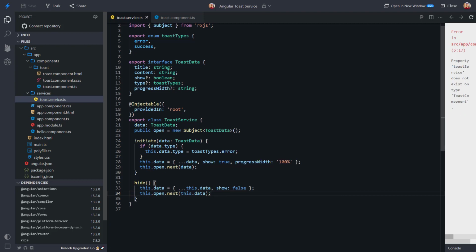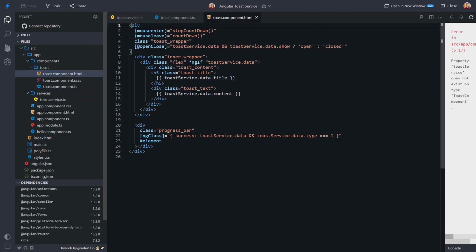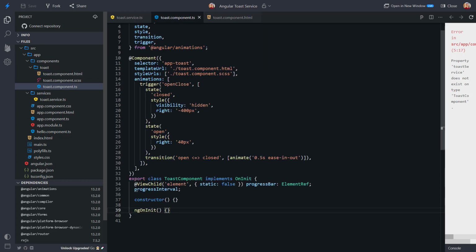Now let's go to our toast component. So our toast component already has the markup and CSS. I'm not going into too much detail about the markup and CSS. I'm not going to discuss CSS at any length, but about the markup, we have here an open close animation. Based on some logic, if we have data and that data has show, then it will be in the state of open, otherwise closed. And the state of open just adds additional styles, that is right 40 pixels, for example,